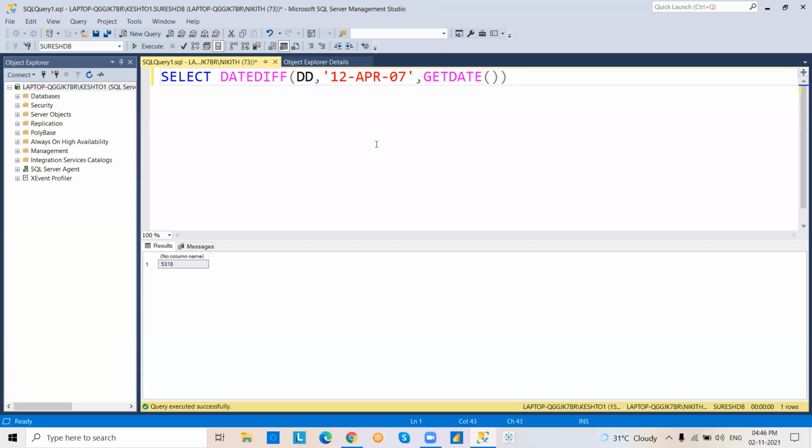Days difference. MM, months difference. How many months difference? YY, years difference. Like this. These are all comes under date time functions of the SQL.